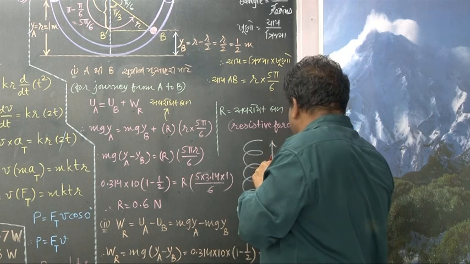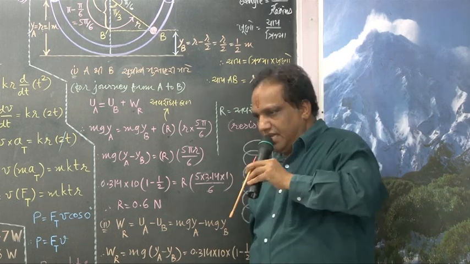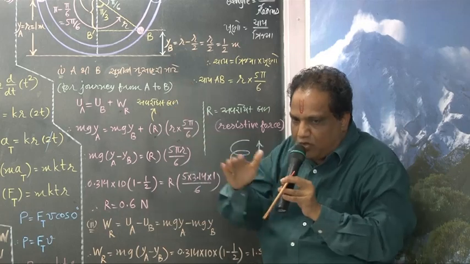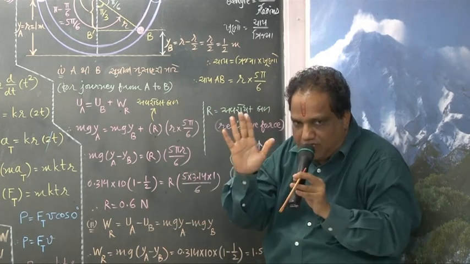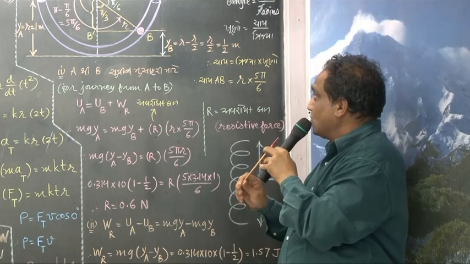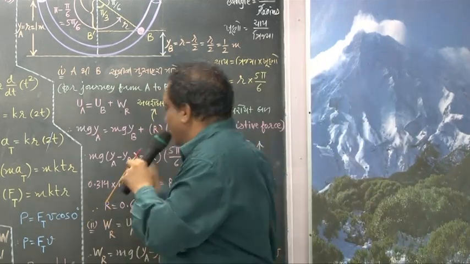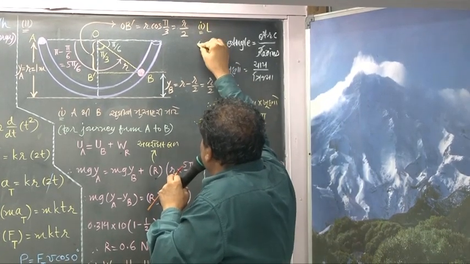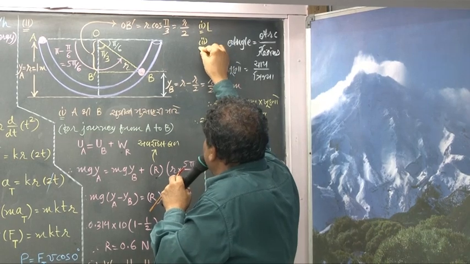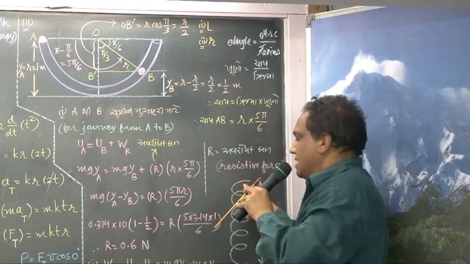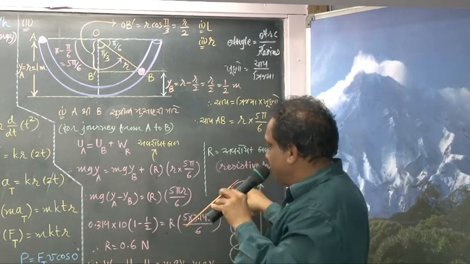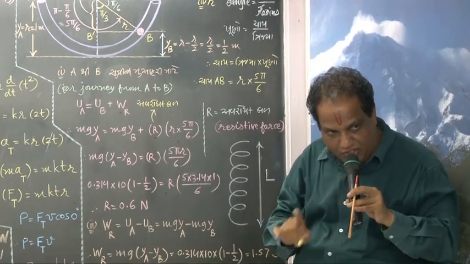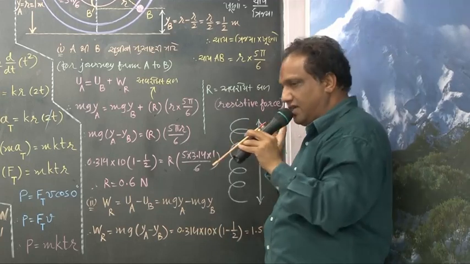Let it be capital L. That is the length of the spring in the normal condition. Normal condition means without expansion, without compression. Now the spring constant or force constant depends on four factors. Look, which four factors? It depends on the original length. Correct? It also depends on the radius of the cross section of the wire which is used in making the spring.